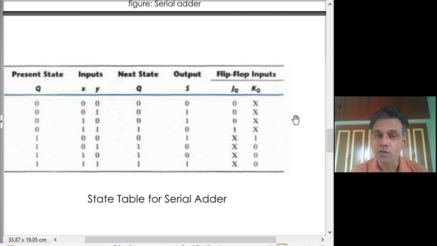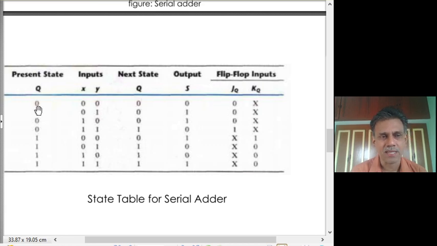To do that, we should find out what is called the excitation table of JK flip-flop, that tells how the JK flip-flop inputs have to be excited for a particular transition to occur from the present state of the JK flip-flop, from the present bit that is stored to the desired next bit to be stored. We will look at the excitation table of JK flip-flop and design of digital circuits based on JK flip-flop later. But this is a prelude to such a design. We can easily find out how it can be carried out.